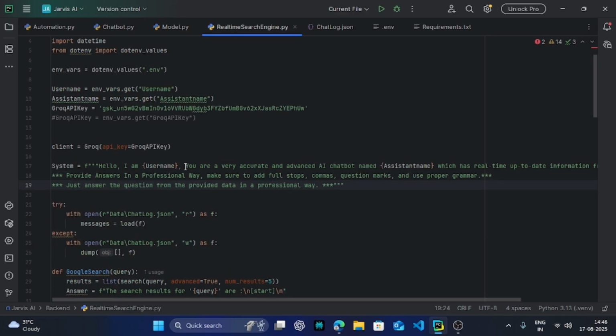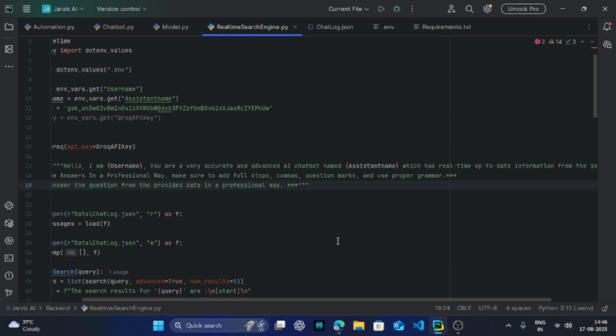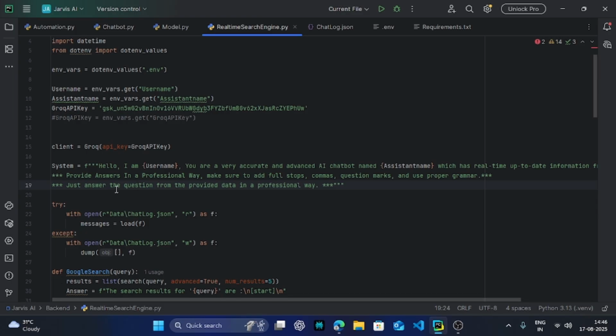And in real time we said you are a very accurate advanced AI chatbot which has real-time information. We told the AI, so our machine got it that I am a very accurate AI chatbot, the user who is using me is named Manpreet, and my name is Jarvis, and I have real-time information.